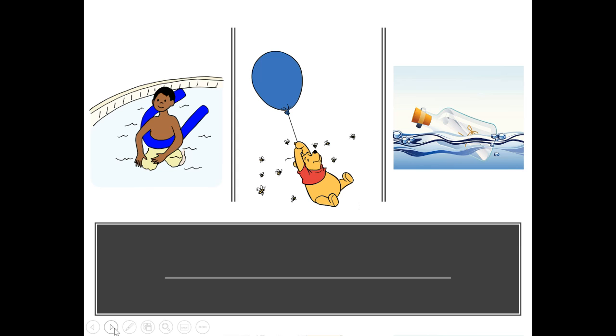What do you notice or see? I notice or I see. Well, in the first picture, I notice a boy is floating with a floaty in a pool. In the next picture, I notice Winnie the Pooh is floating with a balloon in the air, and I see a message in a bottle floating on the water. So how are these pictures the same or similar? They all